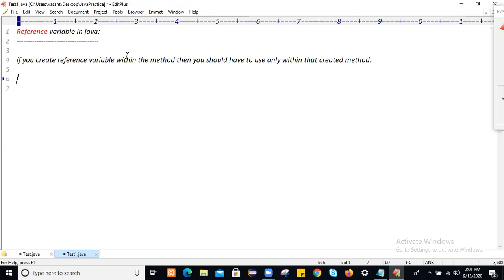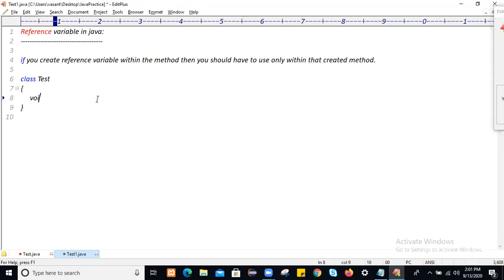But how to create reference variable? Always remember that if we have a class, let's say Test, and let's say we have a method. I am having one method test. I want to create a reference variable within this test method. To create a reference variable within this test method, we always create reference variable by using an object. You say new keyword followed by class name. This is what object creation statement. On this object, we will create a reference variable. If you write this, t is nothing but reference variable. This object name is called as reference variable, and every reference variable will hold memory address of this object.